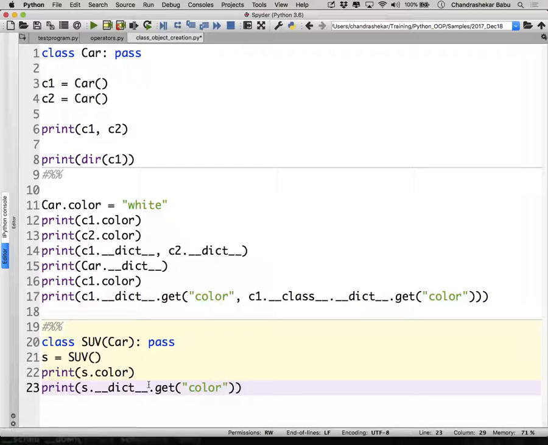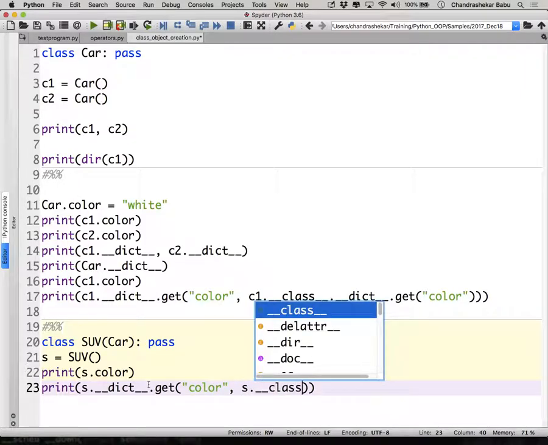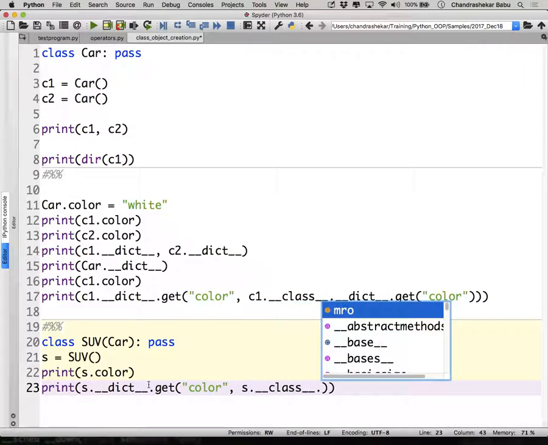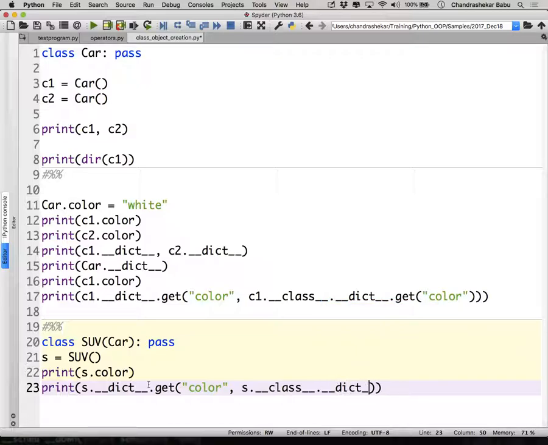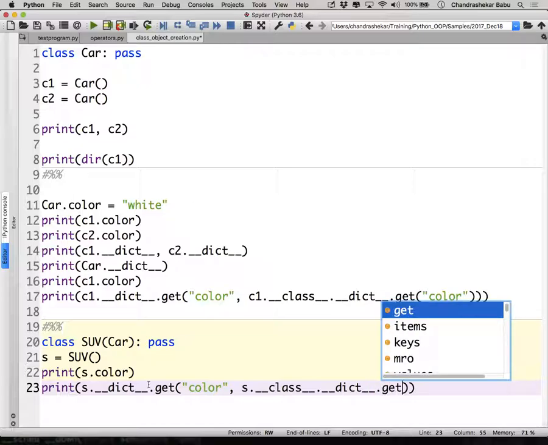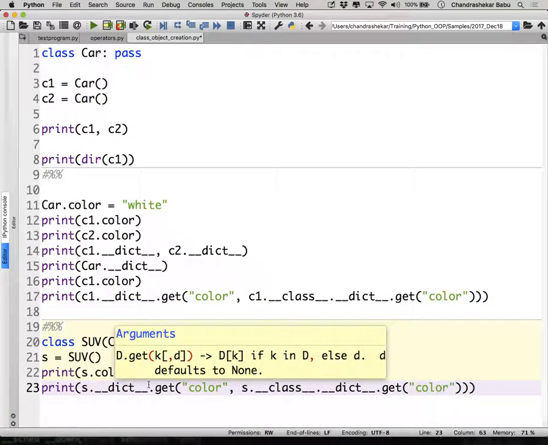It will try to get it from the instance. The instance does not have it, so it will check the class that this instance belongs to. s belongs to a class called SUV. Check its particular dictionary. This is the instantiation hierarchy path. Now, if the instantiation hierarchy does not find it, suppose color is not there, it will not stop here. It will go to this particular class.